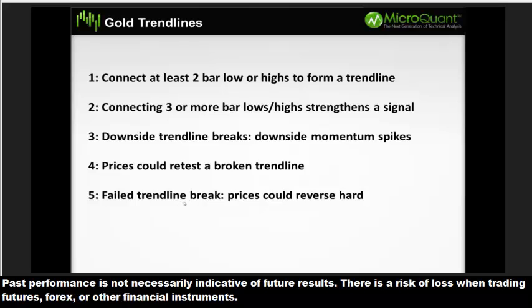And then the failed trend line break. That happened recently in gold, and we'll look at that example. You watch out. If you see it break down and you see it pause and there's no momentum follow through, then you may want to buy if it's a downside breakdown. So be careful. But whenever you're dealing with a situation like that, you always want to use stop losses, and you still want to enter markets strategically.